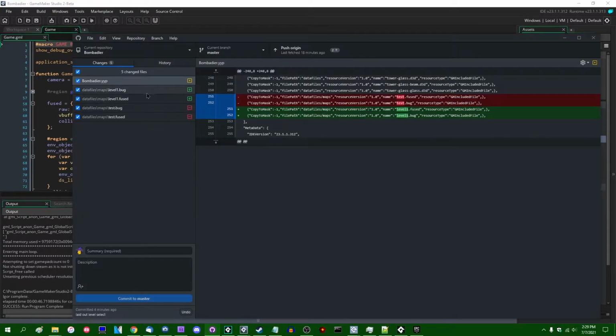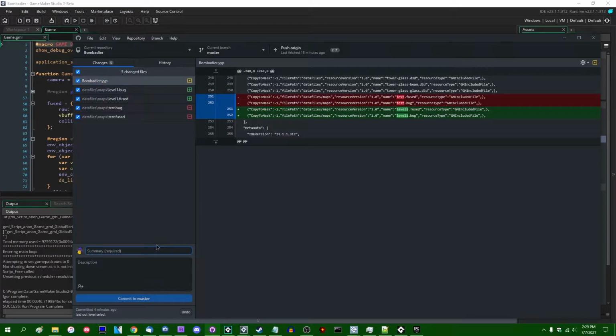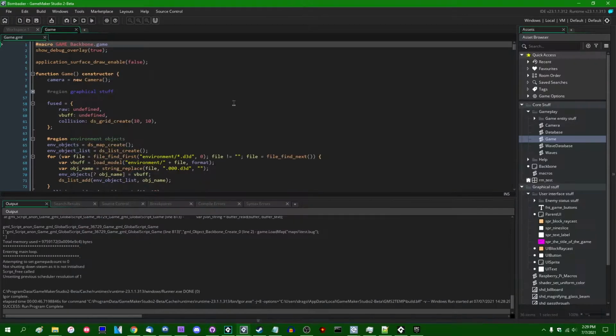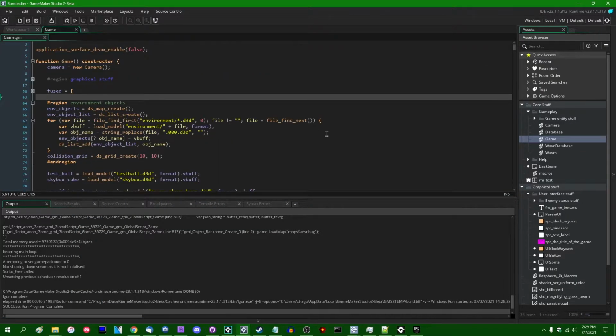Let's see, I did not change anything, did I? I renamed the test map. That's worth leaving a commit for. We renamed the test map. I'm going to... The first thing that we need to do before we,